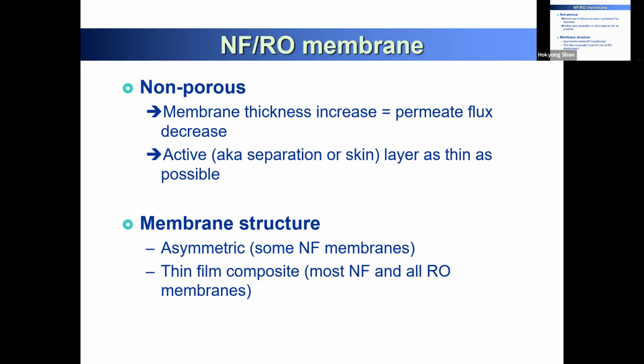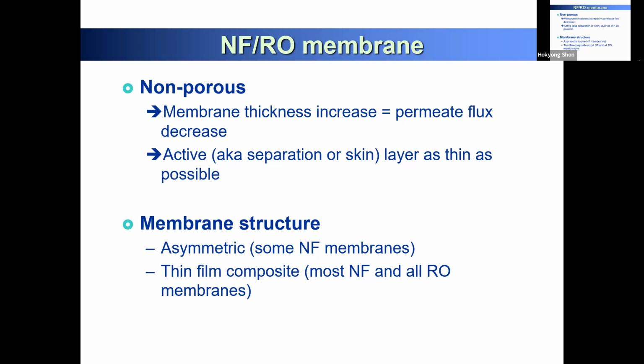If a material is larger than this pore, it cannot pass through the membrane. So we just say size exclusion transport. But non-porous is not like a size thing. It's more about osmosis, of separation